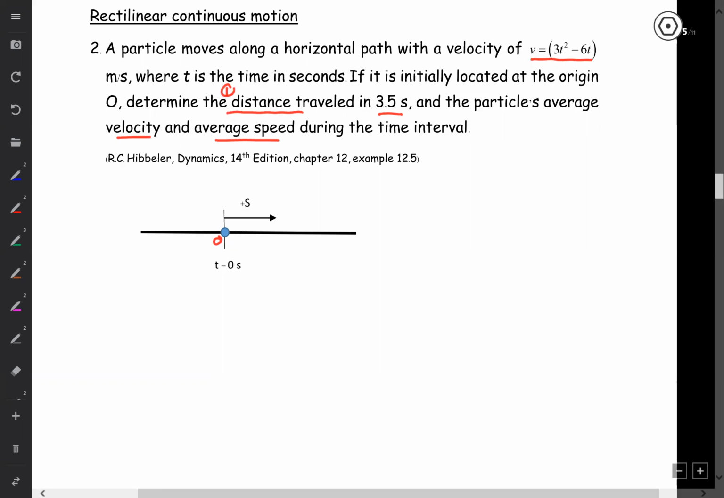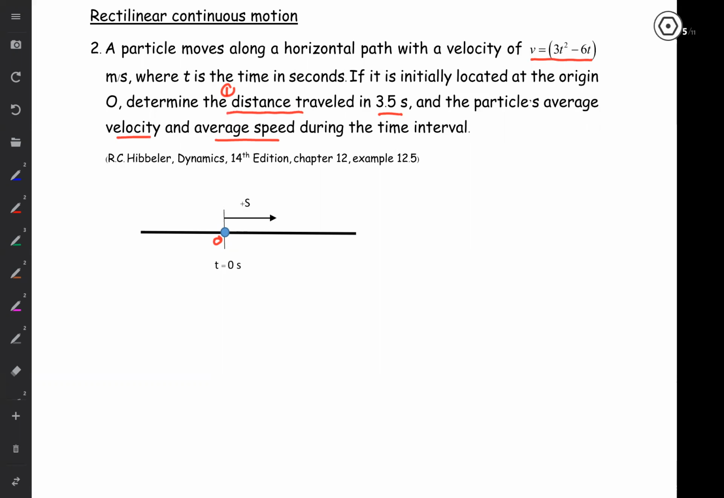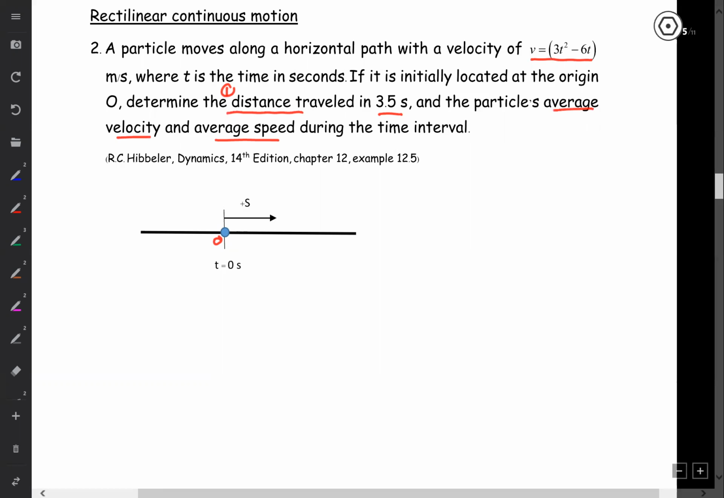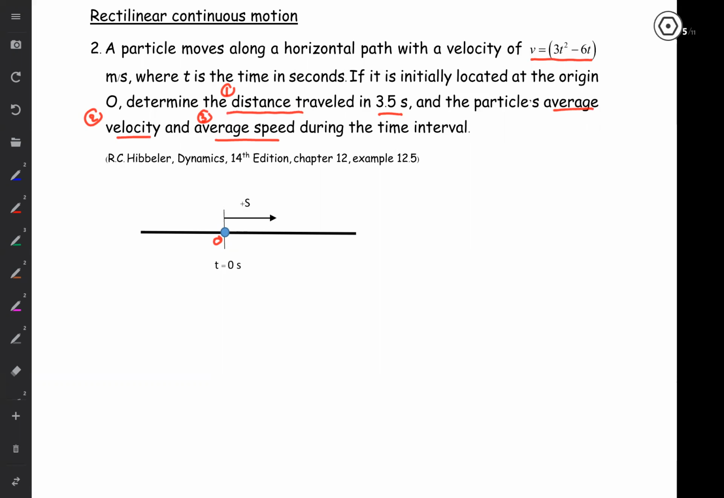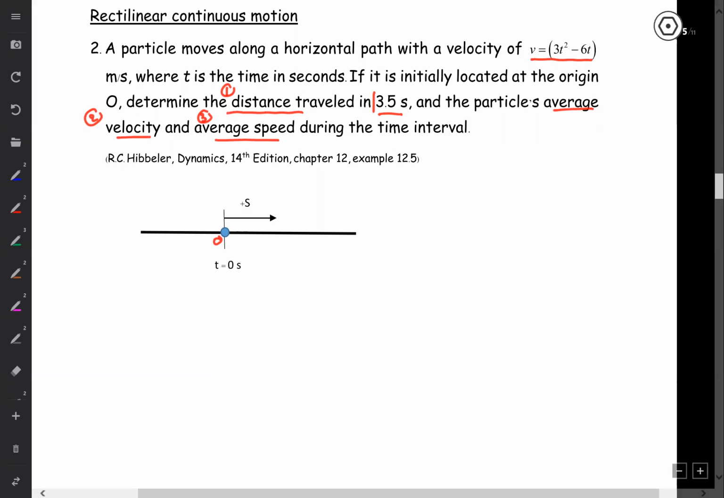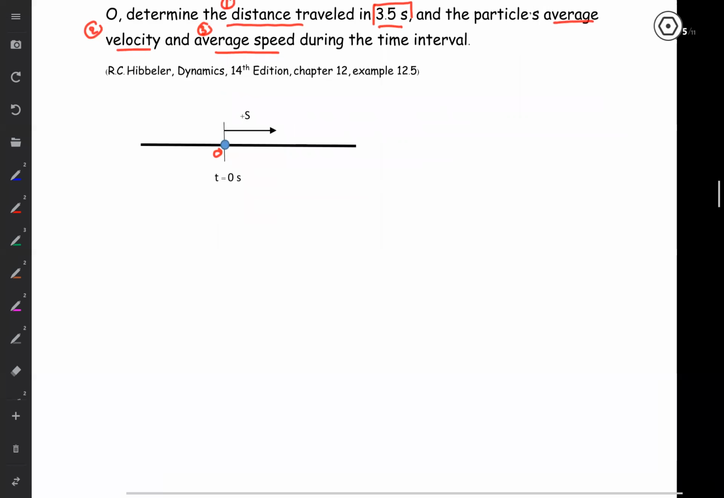The first one is the distance, the second one is the average velocity, and the third one is the average speed. Each value we have to determine during the time interval, that is in 3.5 seconds. Okay, so let's consider, starting with